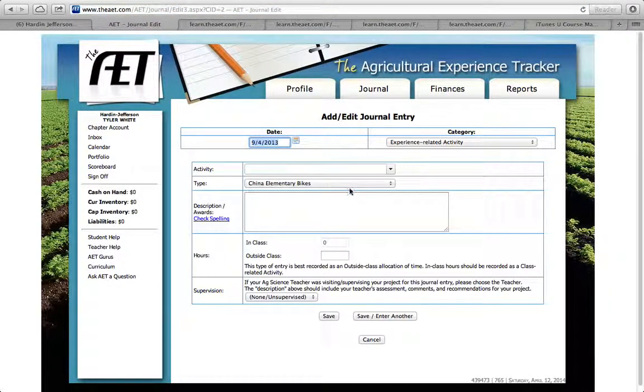All right, we're going to choose a different experience. We're going to do the China Elementary bikes. Now, these bikes, you can say discussed fixing, activity. Let's just say Mrs. Sherman. All right, description. Discussed fixing